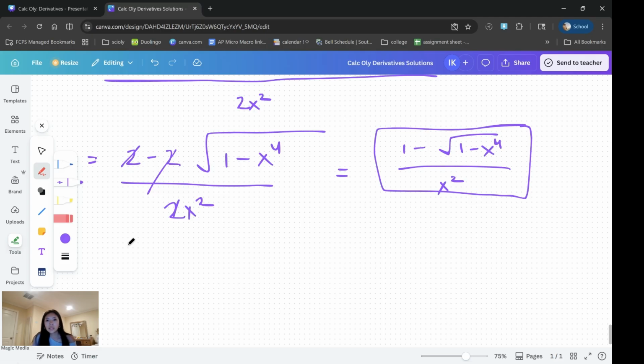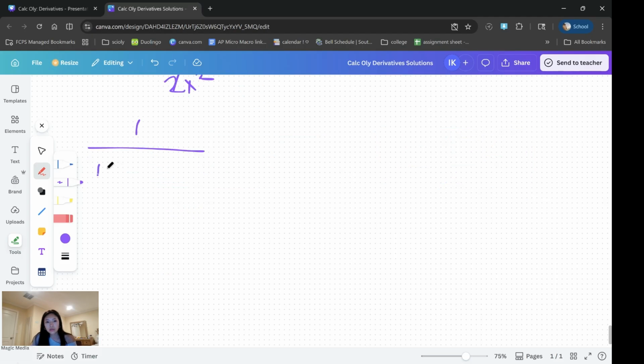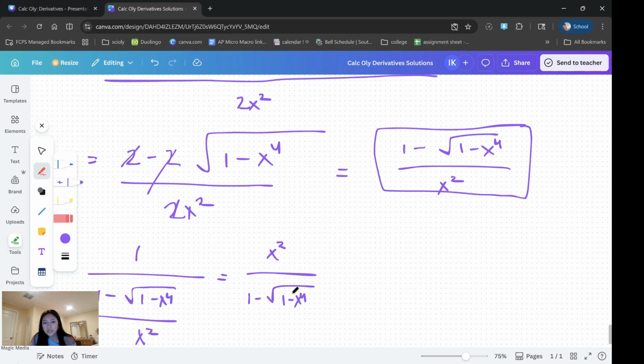And since we know it's ln of x, it's going to be 1 over this entire thing. So 1 over, and you can rewrite that as x squared over 1 minus square root 1. And you're going to multiply this by the derivative. So now we're going to find the derivative of this. That's going to be low d high. So 1 over 2